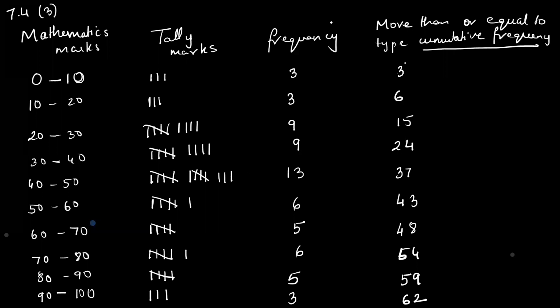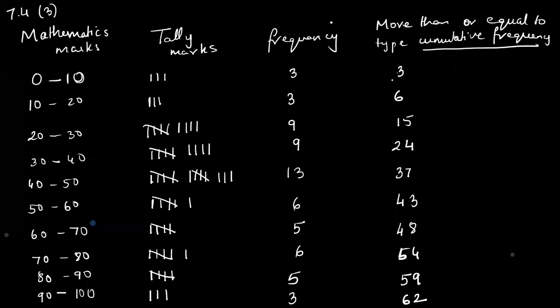Correct. Now, can you remind me what type of cumulative frequency I have explained? Less than type. So when I say less than type, for the class 0 to 10, should I say less than 0 or less than 10? Less than 10. Correct, because if you're less than 10 you're still in the class, no? If you're less than 0, then you're not in the class. So I can say that these 3 people have scored less than 10 marks.